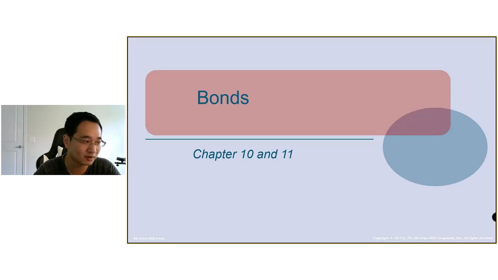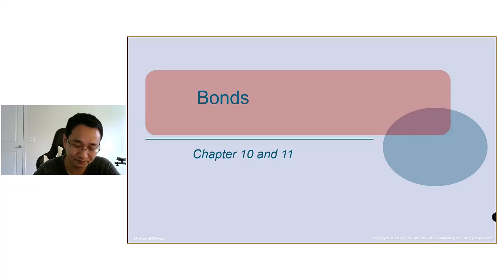It will cover contents from Bodhi's book, chapters 10 and 11, and also some other content I find relevant based on my understanding of fixed income. Okay, so we're going to have two parts in Unit 4. The first part will be introducing bonds in general and interest rates, all those really fun stuff. The second part will be using fixed income to hedge liability. What are the ways? What do we need to think about? And then that's when we introduce duration, convexity, and some related